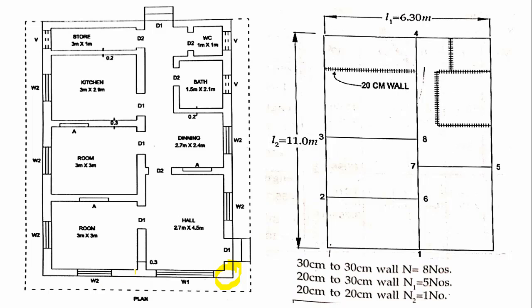Then next here, this is one main wall, cross wall, so here we will have one junction. At the cross wall we don't have any junction. This is main wall, cross wall, you will have one junction. This is main wall, this is cross wall, one junction. This is main wall, one cross wall, but here the wall thickness is 0.2, so afterwards we will take that. Now we are calculating 30 centimeter to 30 centimeter wall junctions.